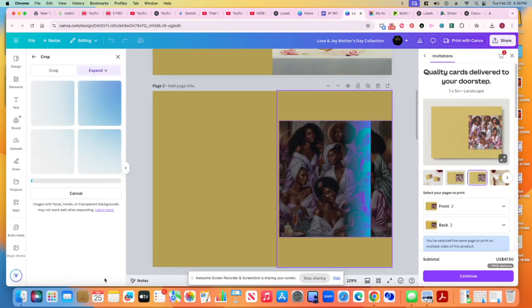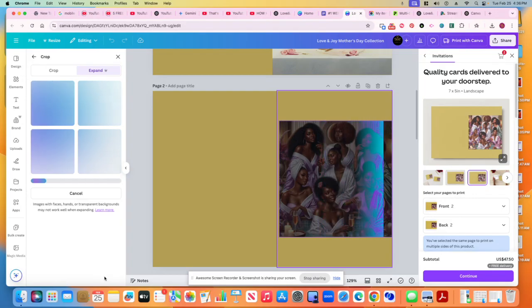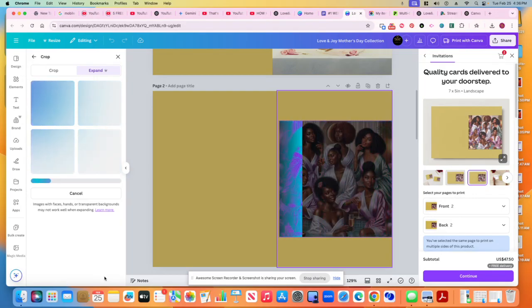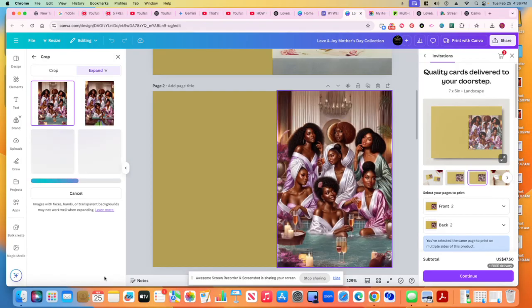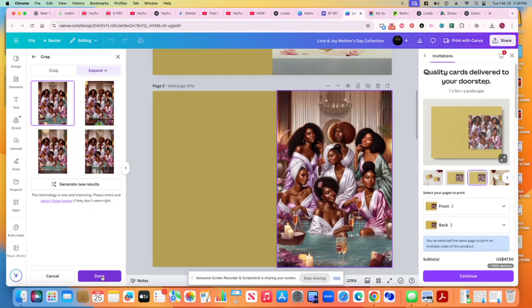When you hit the expand button, it's going to stretch it out to fill in that particular part. So we'll let it do what it do. And it'll give you like 4 options because it kind of stretches it out a little bit. So see how that did that? And as you can see, it kind of tries to,